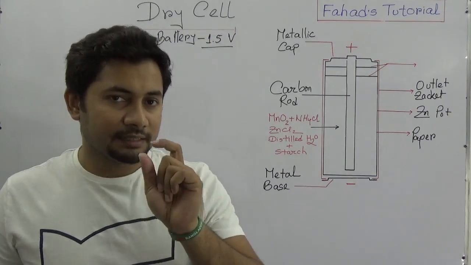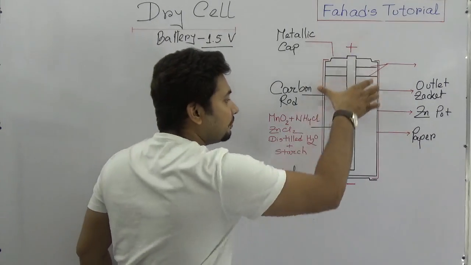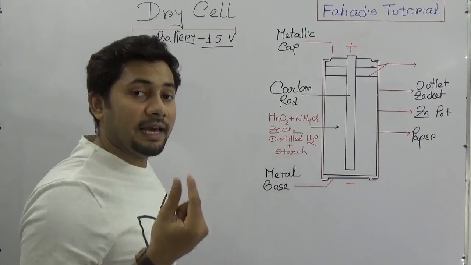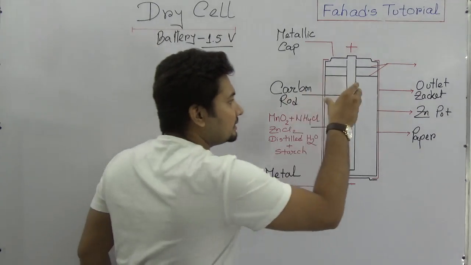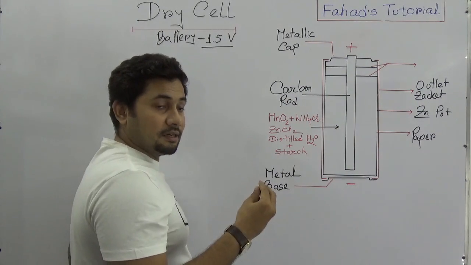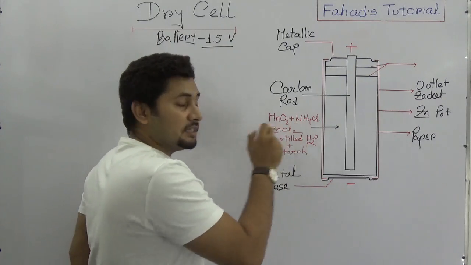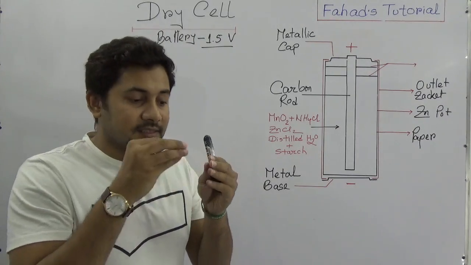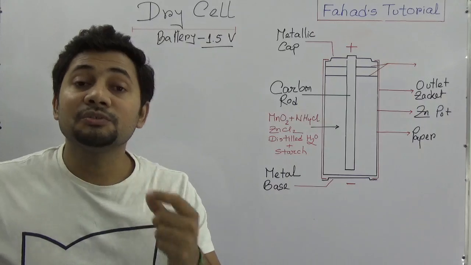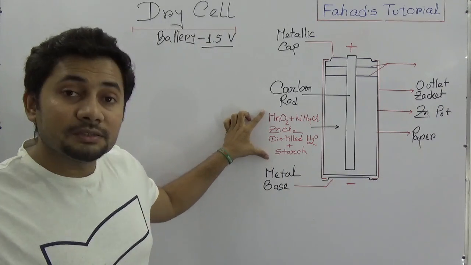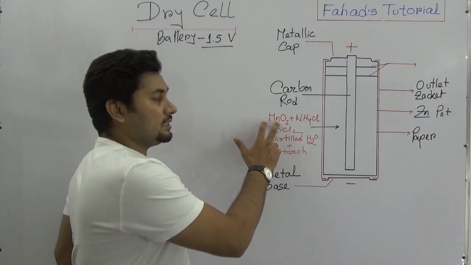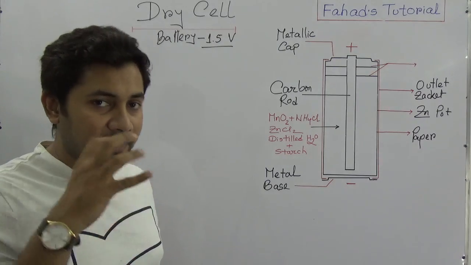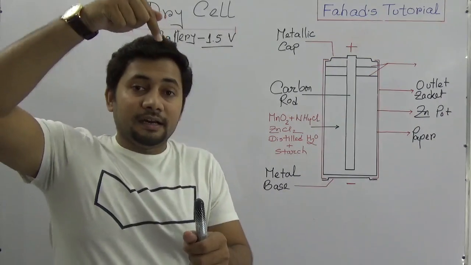So how is it going on? Let's see the structure of it. This battery is wrapped up with a zinc pot or outlet of zinc, which will act as anode. And inside this there is a paste of manganese dioxide, ammonium chloride, zinc chloride and distilled water. This paste will be inside and it will be condensed by using starch. So manganese dioxide, ammonium chloride, zinc chloride, distilled water and starch paste will be here, and then a carbon rod